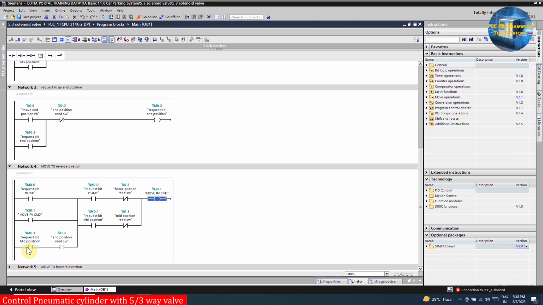Next, if the request for the mid position M0.1 bit turns on and the cylinder is at the end position right now, it will latch on the reverse command output Q0.1. This will bring the cylinder from the end position to the mid position sensor. When the cylinder reaches the mid position sensor I0.1, this contact opens and unlatches the Q0.1 output and the cylinder stops